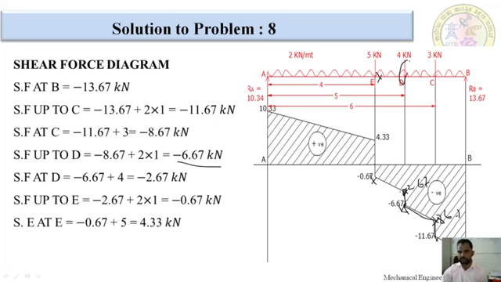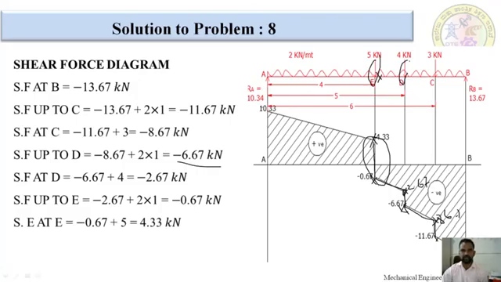We have to mark it here and join with the inclined line because of UDL. How much we got at E point? Positive 4.3 kilonewton. For that reason, I am to draw with vertical line. Whenever there is a point load, there would be a vertical line on shear force diagram. After that, full UDL is there.